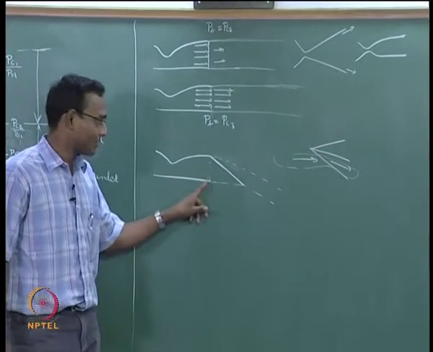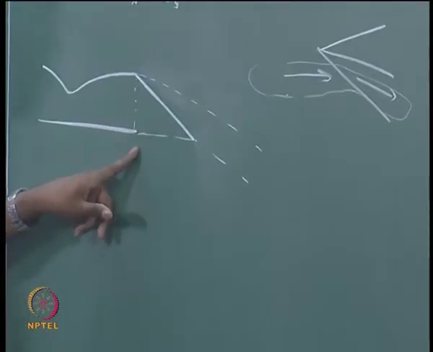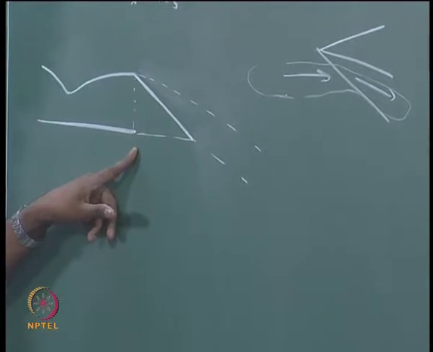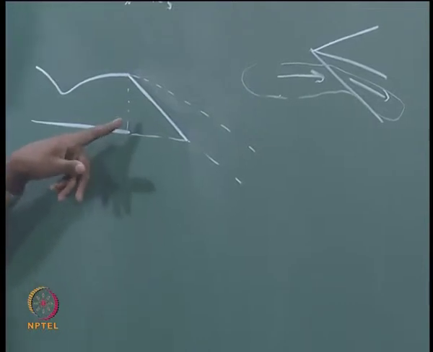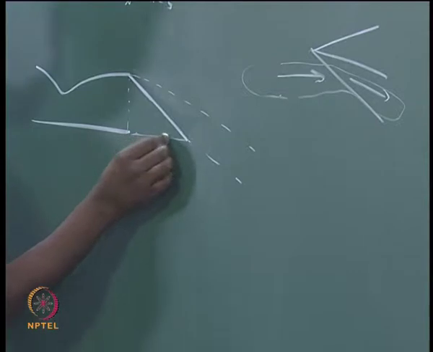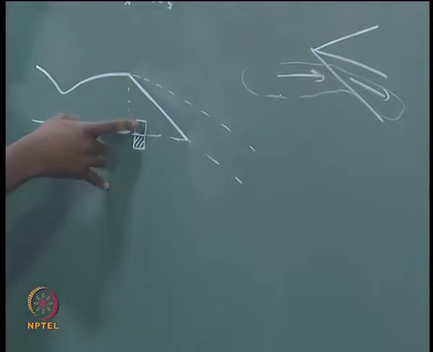There is no shock here, which means the pressure here is same as exit pressure, but outside world we told is a PB greater than exit pressure. That is why it is an over expanded jet, right? It is expanded too much compared to this, which means this pressure is lower, which means currently I have a layer where pressure here is higher than, I will draw with hatch, pressure here. That is lower pressure, this is higher pressure.